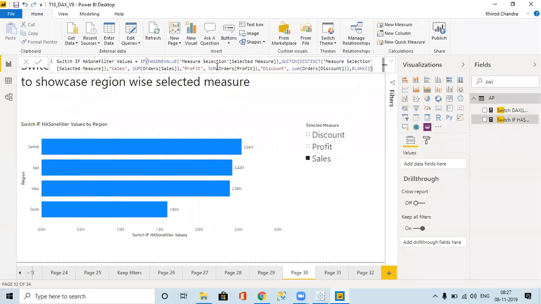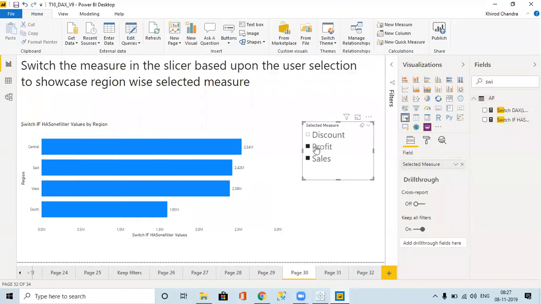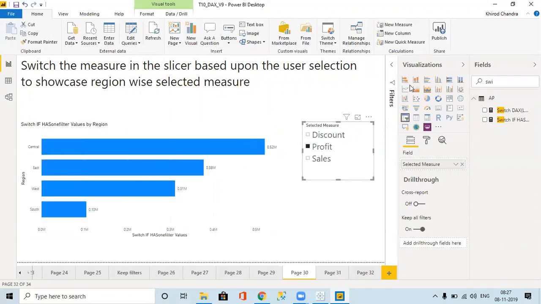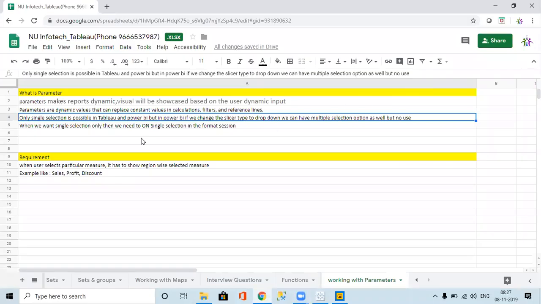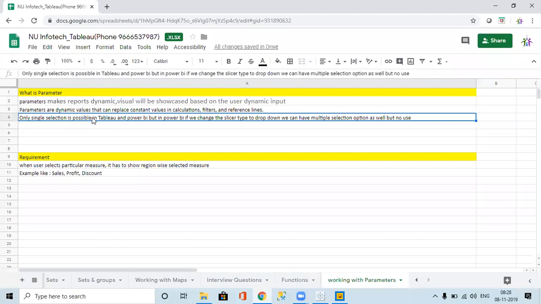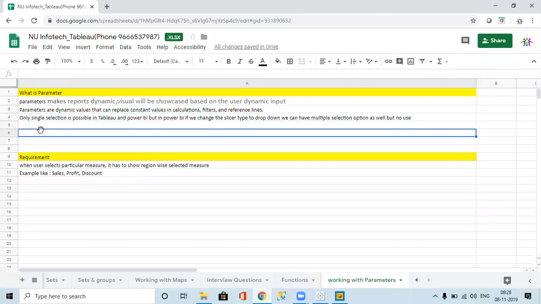If multiple selection is there, it will give blank. Like if I select multiple values, it will give blank in Power BI. So that can be done. But in Tableau, we don't have that option. So when we want single selection only, then only. Did you understand, guys?